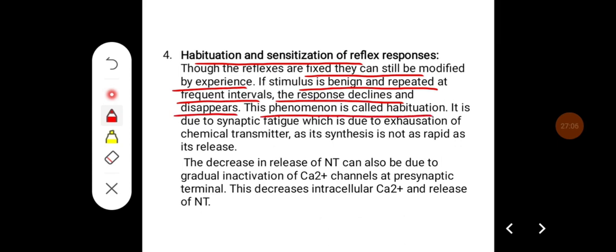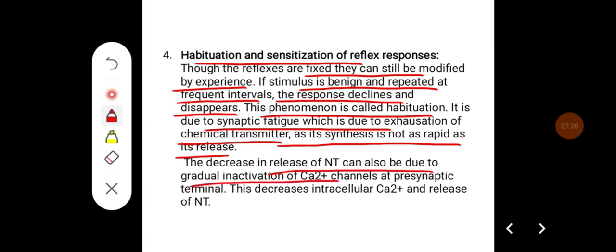It is due to synaptic fatigue, which is due to the exhaustion of the chemical transmitter, as its synthesis is not as rapid as its release. The decrease in the release of neurotransmitter can also occur due to the gradual inactivation of calcium channels at the presynaptic terminal. This decreases the intracellular calcium and the release of